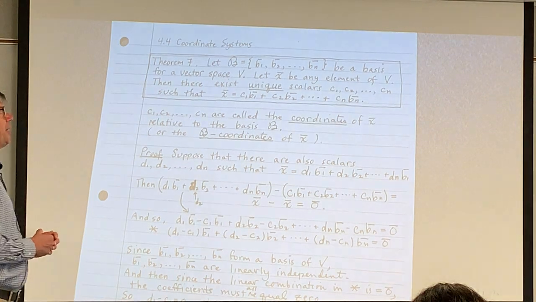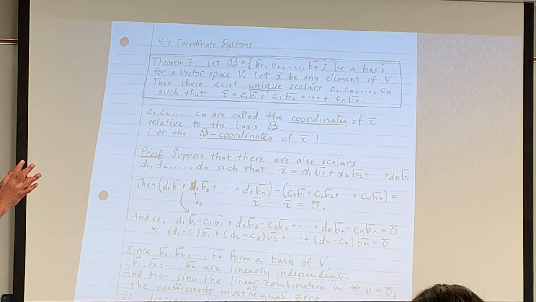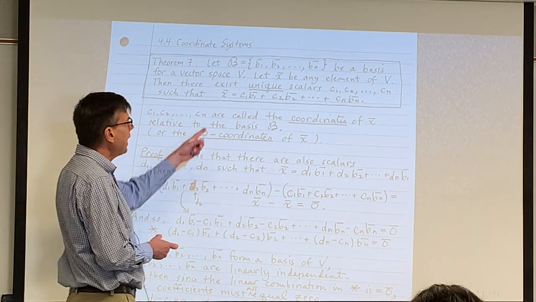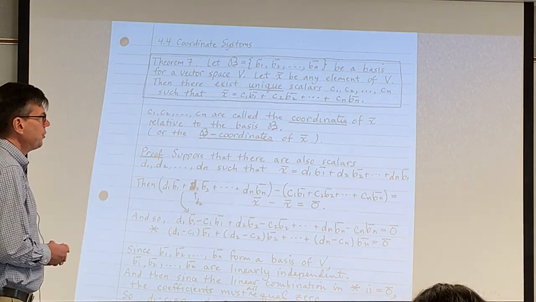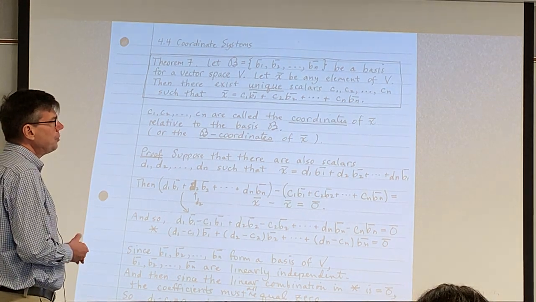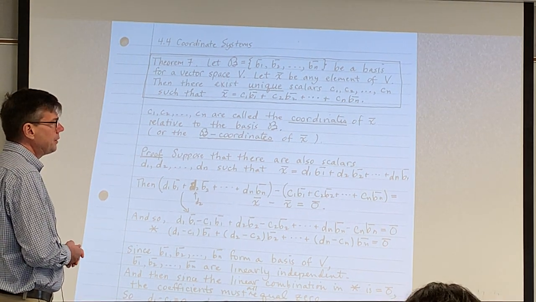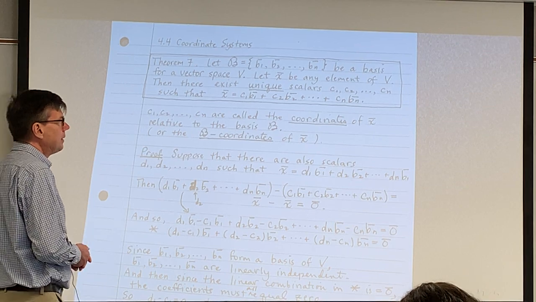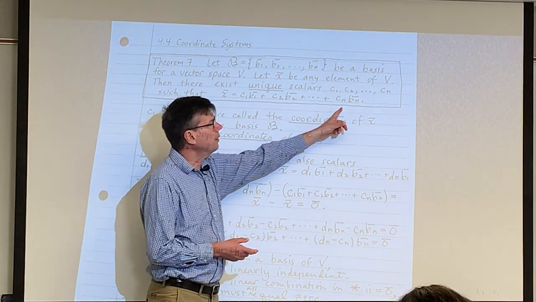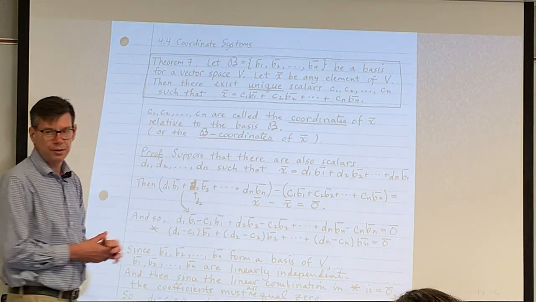Theorem 7 from our chapter. Now we're using curly B to represent a basis, right? So suppose curly B, b1 through bn, is a basis for a vector space. Let x be any element of the vector space. Then there exist unique scalars c1, c2 through cn such that x is a linear combination of those basis vectors in this